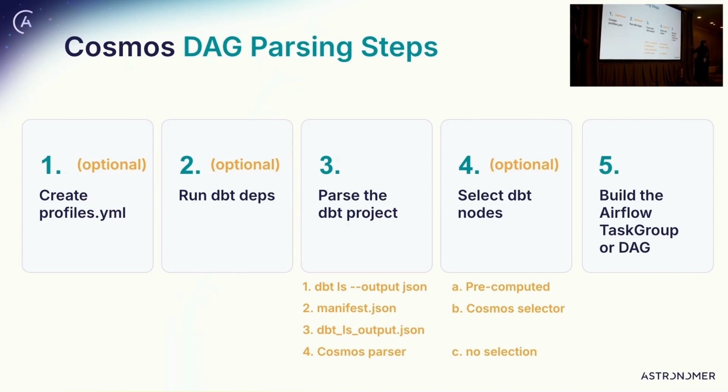And then finally, we assemble the Airflow DAG. So imagine all of these steps happening during DAG parsing, and this will be proportional to the size of the dbt project. We've seen people successfully using 500 models to 2,000 models, but it will really depend. So it feels a bit too much to be running this in 1 plus n time.